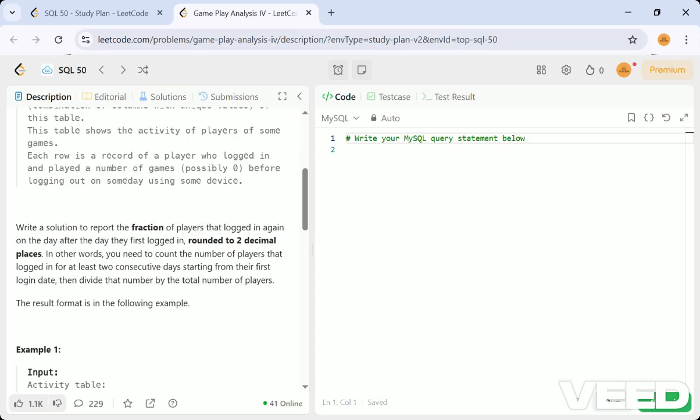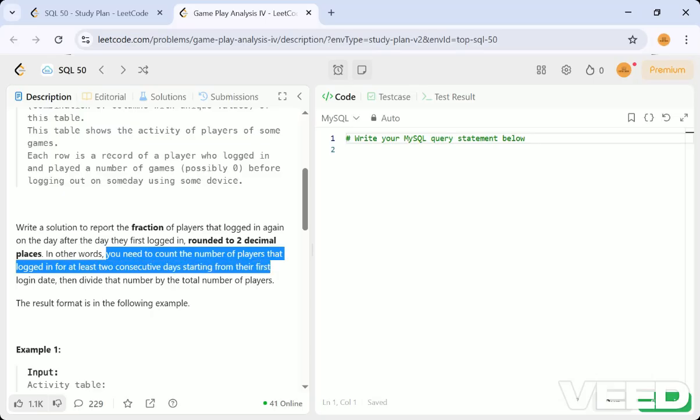In other words, they are just breaking down this thing. You need to count the number of players that logged in for at least two consecutive days starting from their first login date. Then divide that number by the total number of players.